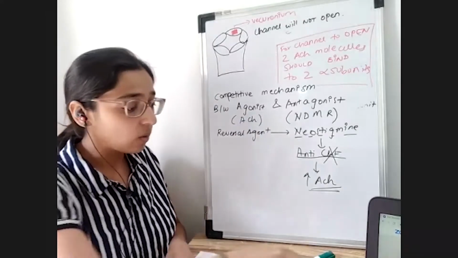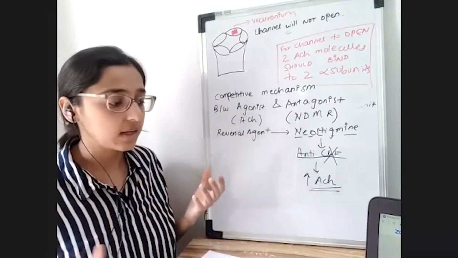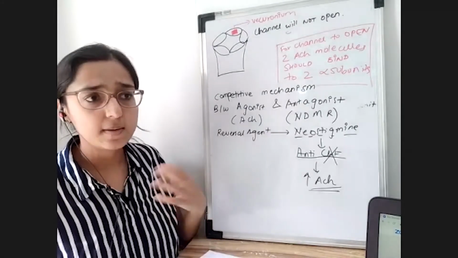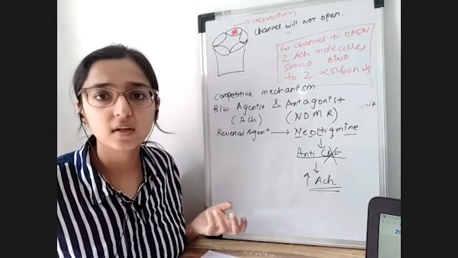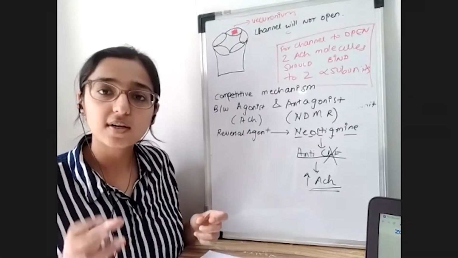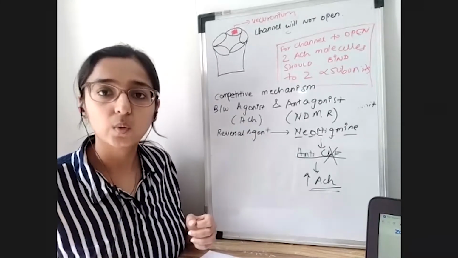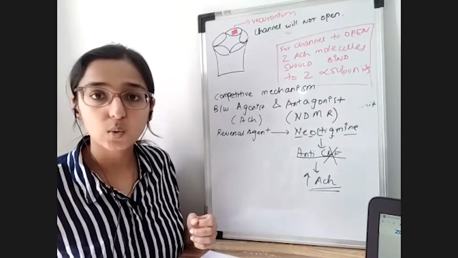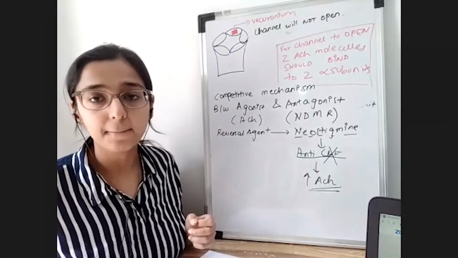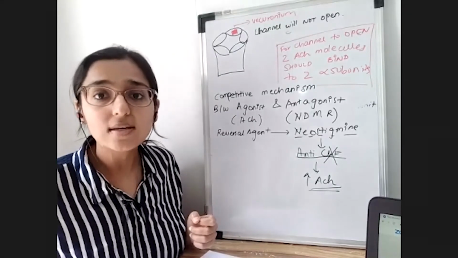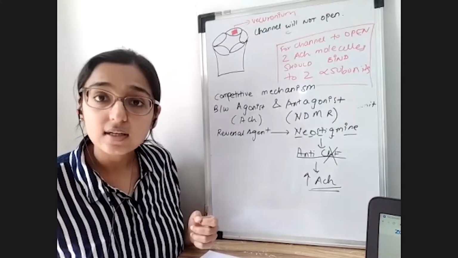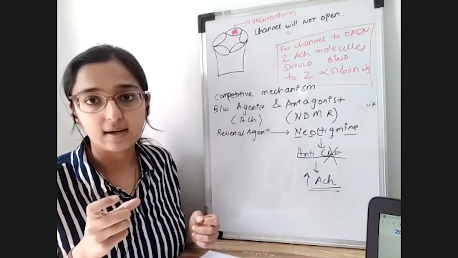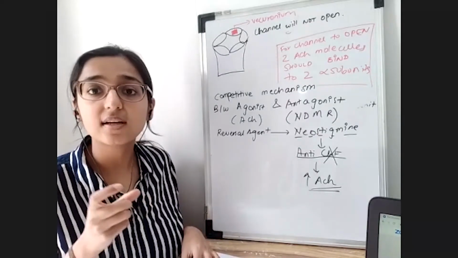Okay, but now if somebody tells me, what if I give neostigmine to the patient immediately, within some time after giving a relaxant? All right, suppose you have induced, the case has just begun, you have given a loading dose of the relaxant, the initial dose, and within 15-20 minutes the case is over, but you know that this is not the right time to reverse the patient. So why is it not the right time to reverse the patient? It is not the right time because the metabolism of that drug is incomplete right now. The metabolism of that relaxant is incomplete.